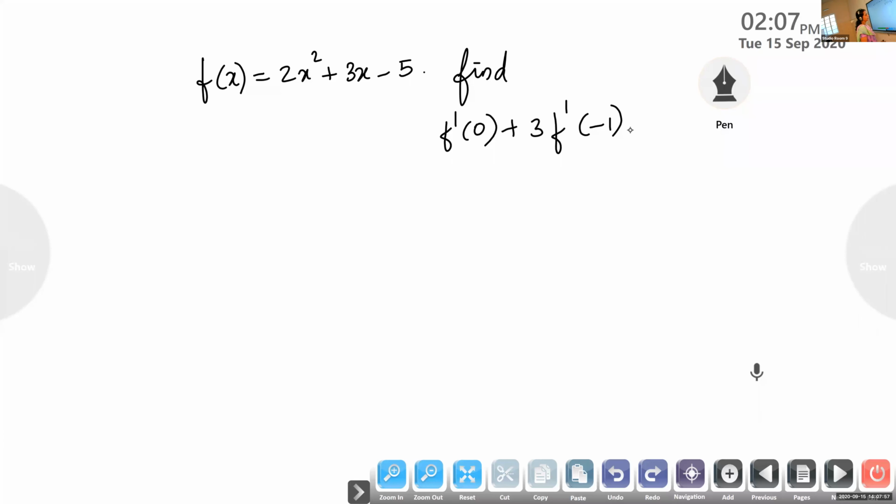So here we want to find the derivative at 0. We want to find derivative at minus 1. We have to find f dash of 0 plus 3 into f dash of minus 1. That means in step 1 you calculate what is f dash of 0. In step 2 you calculate what is f dash of minus 1. Then you apply in this one and find out the answer. Do it. Start doing. You take the first one, do it, and then similarly take the derivative at minus 1 and find out the final answer.